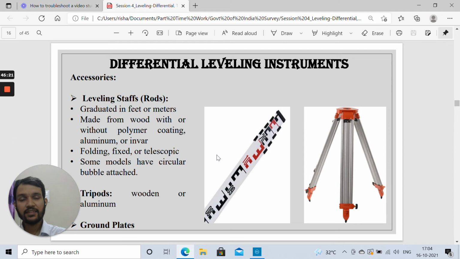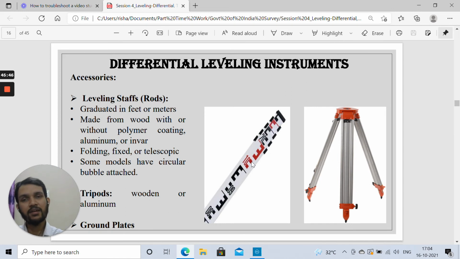Next are the instruments that we need to discuss for differential leveling. These were the levels, and apart from levels, the second thing that is required is the leveling staff. One leveling staff may be direct, in this form. All the leveling staffs that you will see are colored in alternate red and black. Why are these colors used? So that you can take the readings from a very far distance.